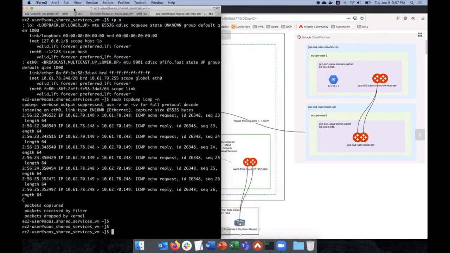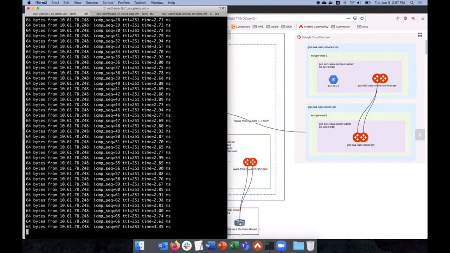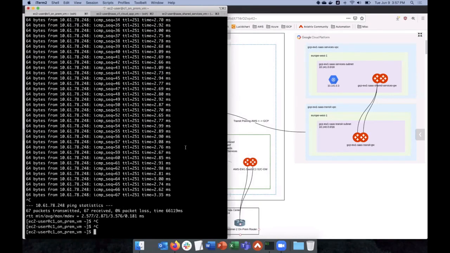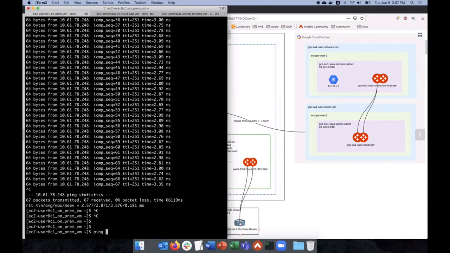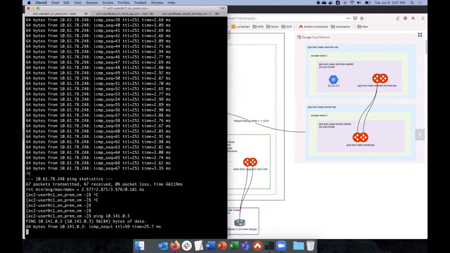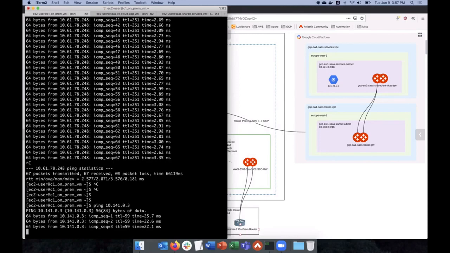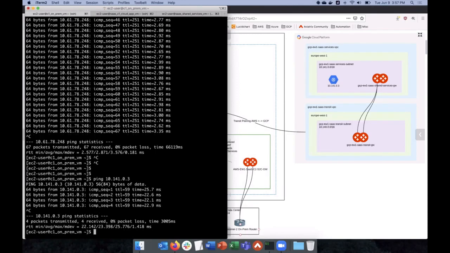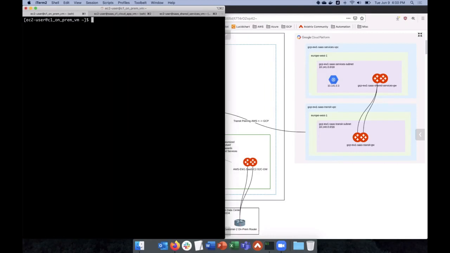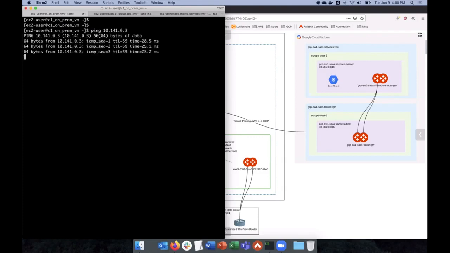because, from that on-prem VM, now we are going to ping the GCP shared services. That's in 10.141. So I'm going to do 10.141.0.3. And we see this is pinging. Higher latency, so you know it's going over the transit. Yeah, it's true. So you see then from our on-prem VM, indeed, we are able to ping the shared services